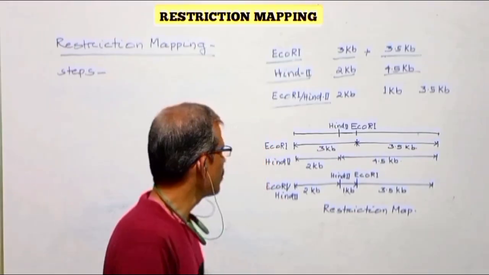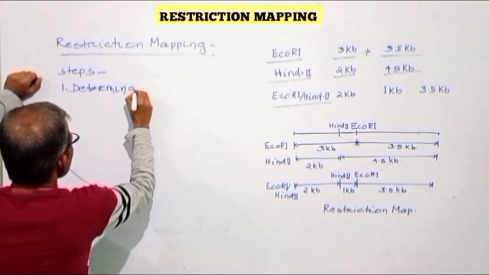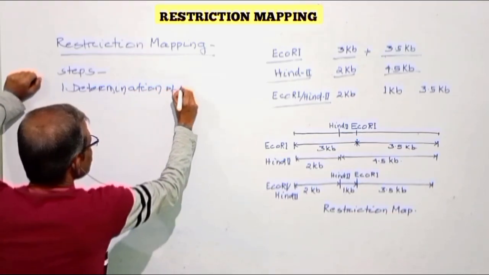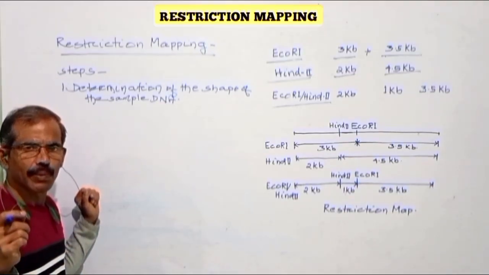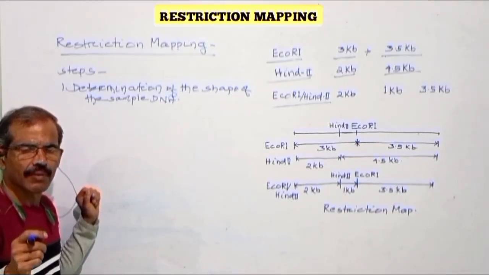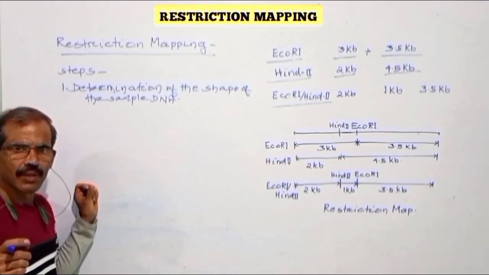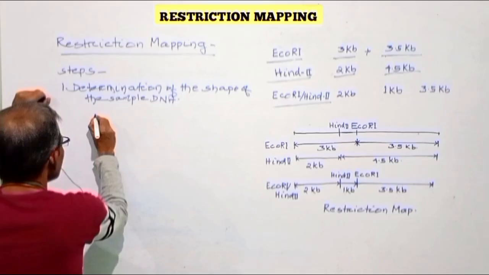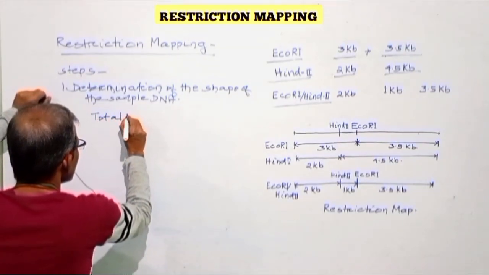Steps of restriction mapping. The first step is the determination of the shape of the sample DNA. In this step, we have to find out whether the DNA sample is linear or circular. For linear DNA, a single cut will produce two DNA fragments. So for a linear DNA sample, we have to apply the rule,